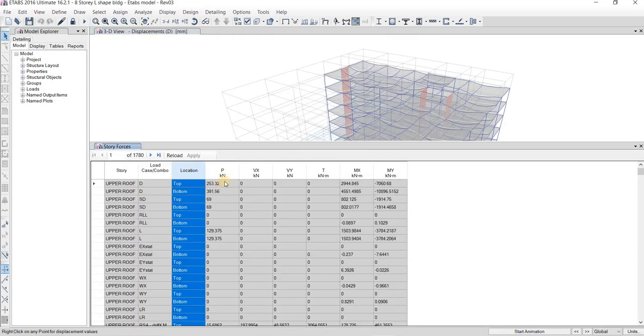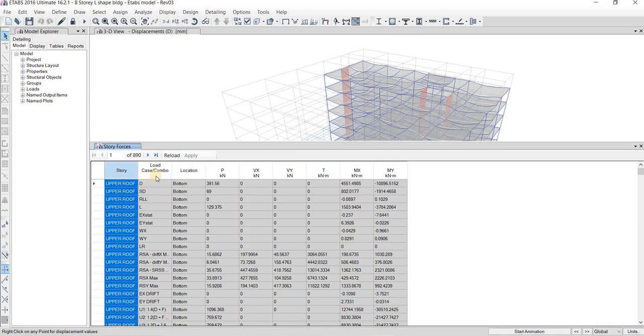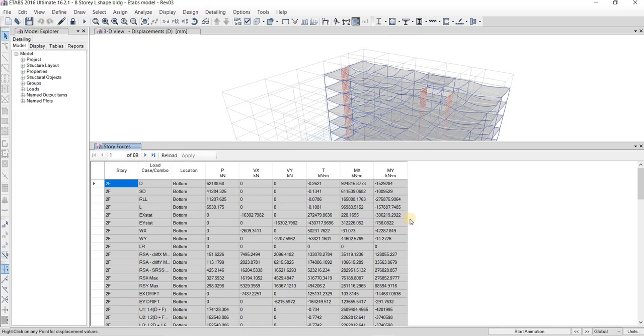Then we have location bottom. Then we have here second floor bottom. So the second floor bottom is representing the ground floor. For example, this is ground and this is second floor, and then third and up and so on. So we have here mass at second floor, mass 3,